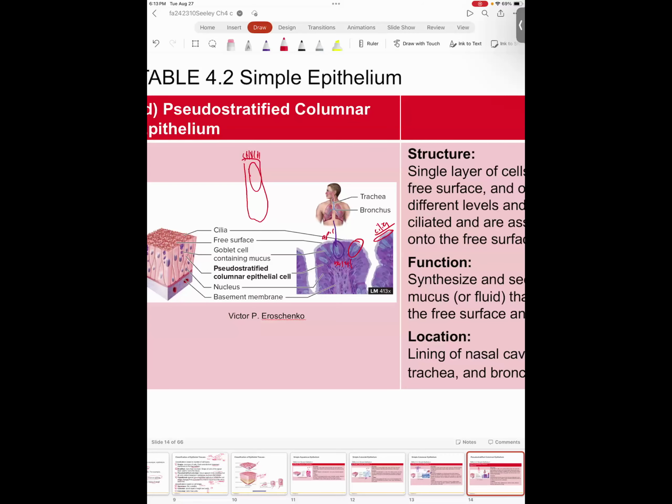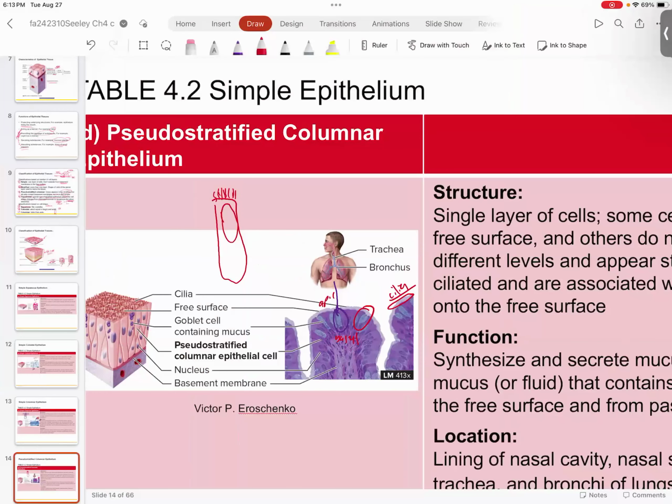Now, the reason why you have both the mucus and the cilia is because what happens in your respiratory tract is when you inhale dirt particles or smoke, this respiratory epithelium, which is secreting a lot of mucus, traps those particles. So it secretes this mucus, you get this little mucus layer, it traps the particles in the mucus, and the cilia will constantly bend back and forth, sweeping that mucus up into your cough zone in your respiratory tract,